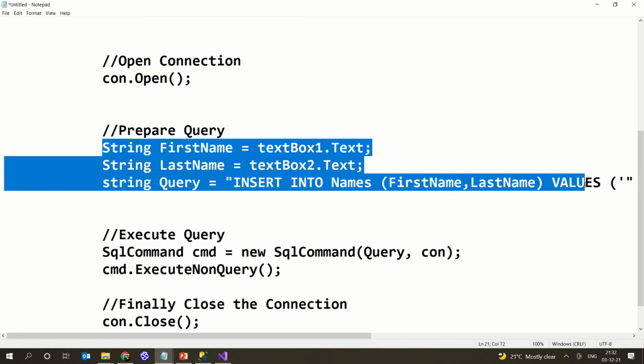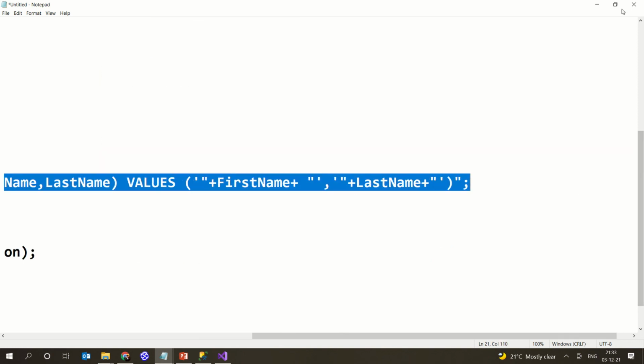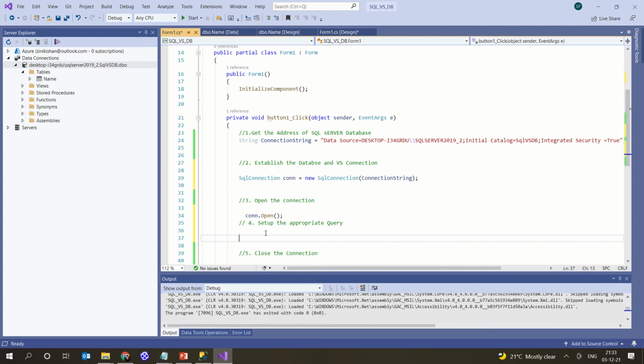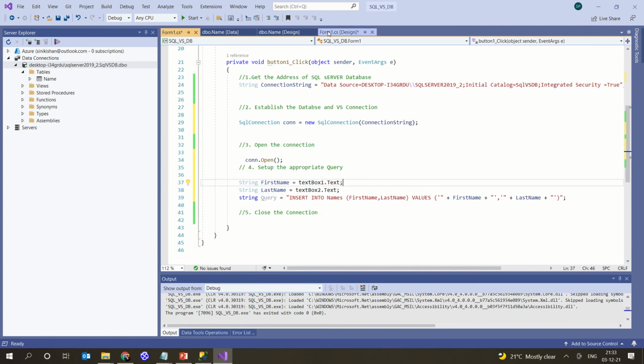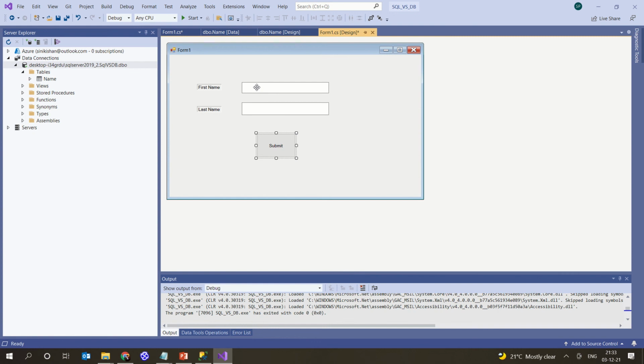I will just copy this and then I will explain what it is. What you are basically doing is, say this is your form. From the first form you need to retrieve the data, from the second form you need to retrieve the data, and when you submit it you need to update it in the database. So that is what you have to do.